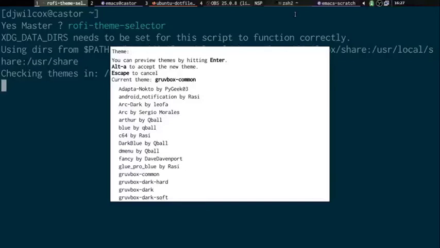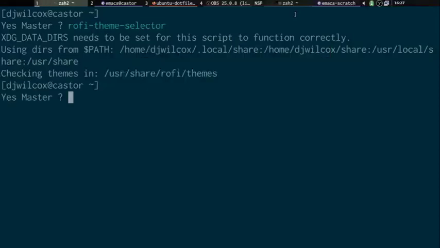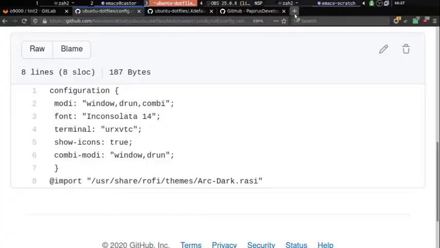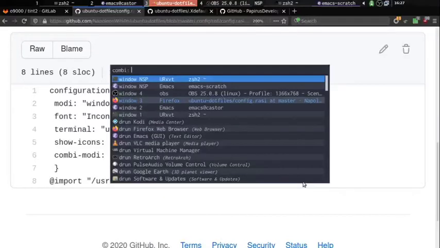So if you press Alt+A, what it will do is it will write out, wrong screen there. What it will do is write out into your configuration file an import of /usr/share/rofi/themes and the name of the theme. And then once you've done that and you launch Rofi, you'll have the correct theme,